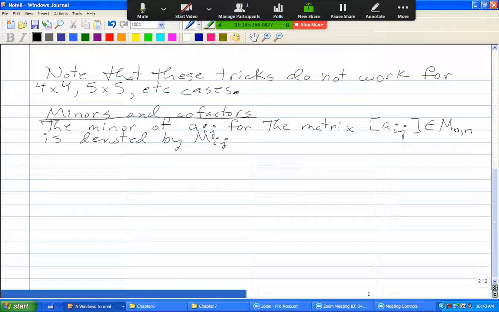Not to be confused with that M. And this is the n minus 1 by n minus 1 matrix